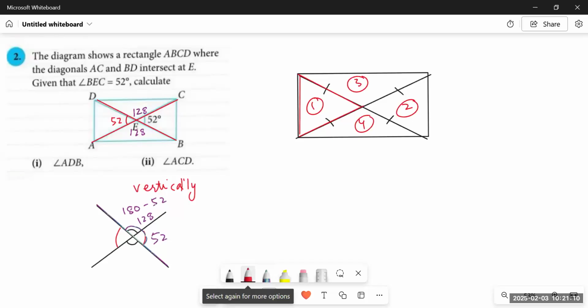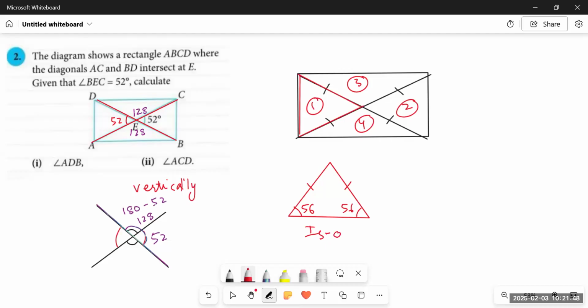So what do we learn? That the two diagonals bisect each other in a rectangle. It means the four triangles that are formed are isosceles in nature. And what do we know about an isosceles triangle? In an isosceles triangle, the two sides are equal to each other and two corresponding angles are also equal to each other. So if one angle is, let's suppose, 56 degrees, the other angle would also be 56 degrees. If one angle is 60 degrees, the other would be 60 degrees. If one is 70, the other would be 70. This is the property of an isosceles triangle.